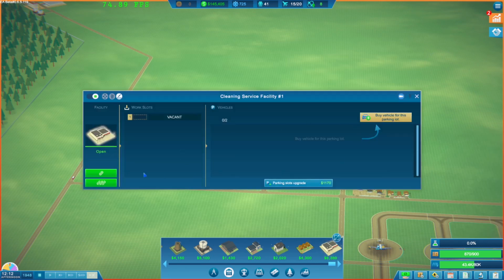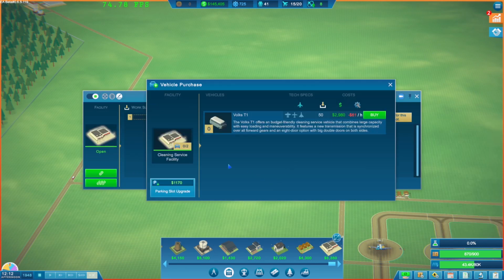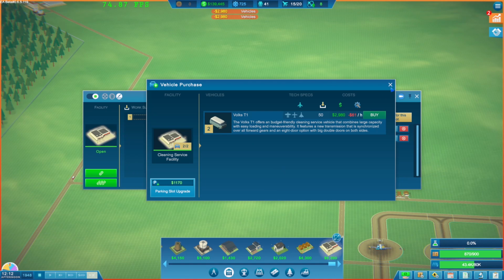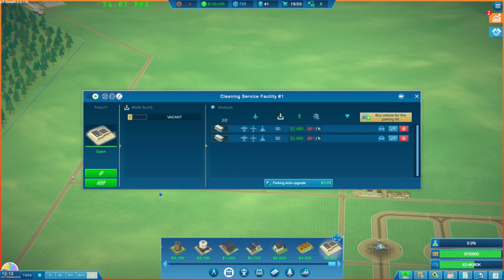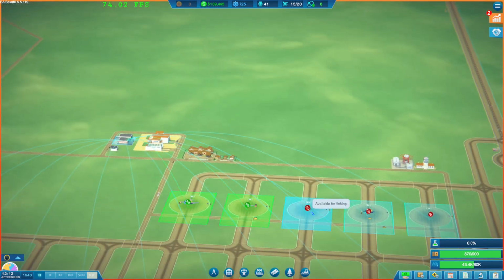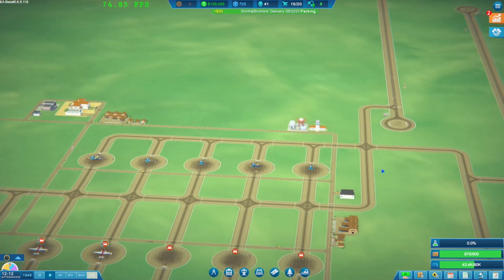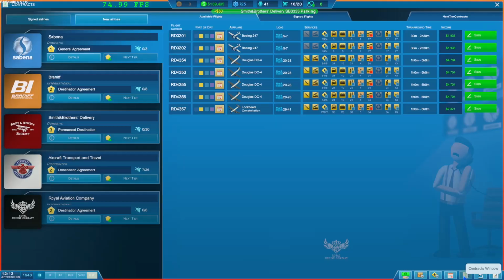Okay, so we need to buy a vehicle. Grab 2 vehicles. Some of these guys. Awesome. They're pretty pricey and starting to cost us a fair bit. And what we'll do is we'll link it up to these stands over here. Thank you, cleaning services. So now cleaning services are available. If I go to contracts now, and we go to this guy,